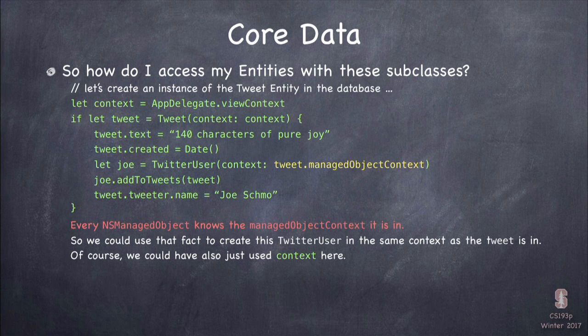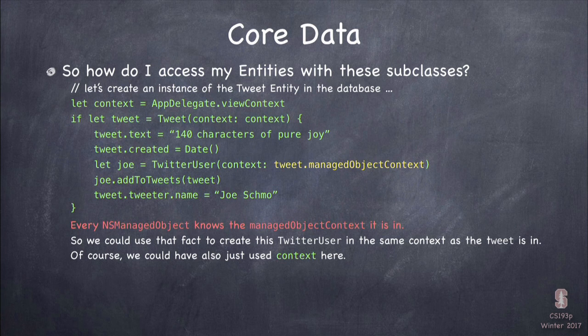I said tweet.managedObjectContext. In other words, I found out what database the tweet is in, and I put the Twitter user in the same database. And this is a common way of programming in Core Data, where when you want to get a context and you already have an object in the database, you ask the object you already have what context to use. And you can see that if I ever change my code to not put this into this context, to put it into another context, at least the Twitter user and the tweet would always be together in whatever that context is.